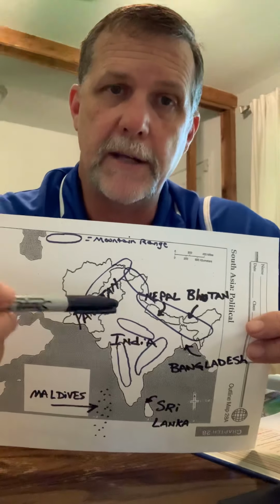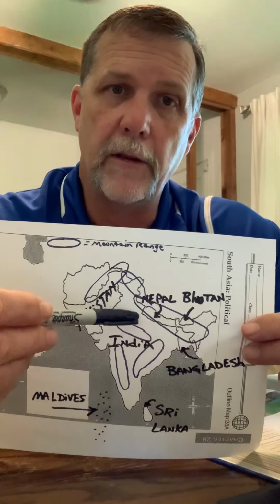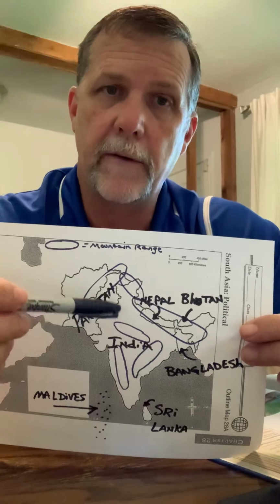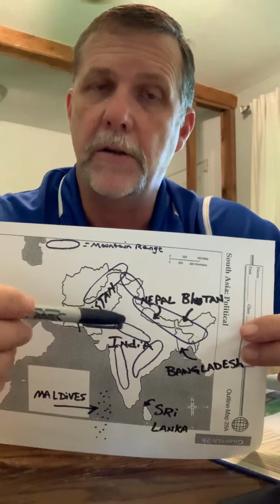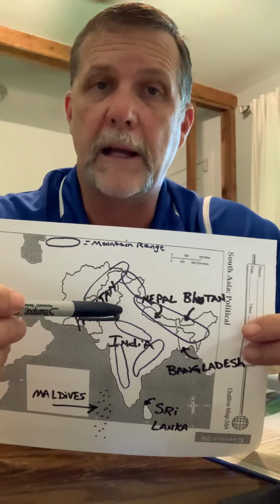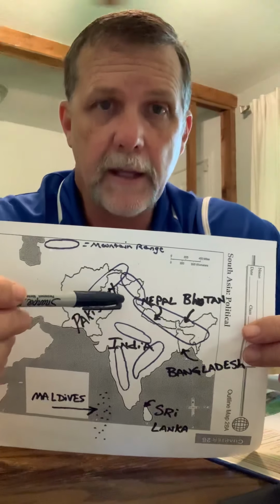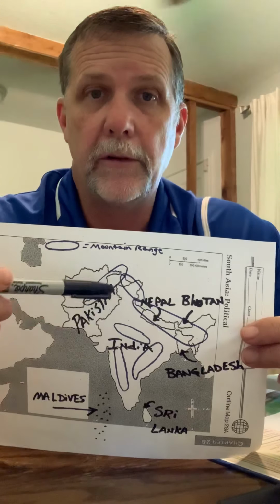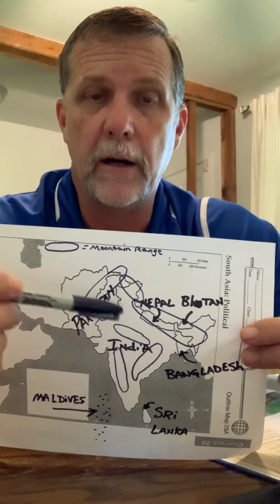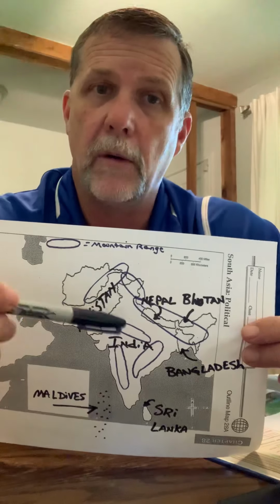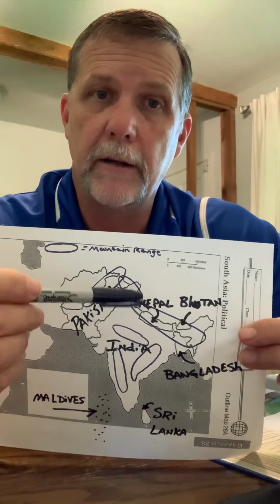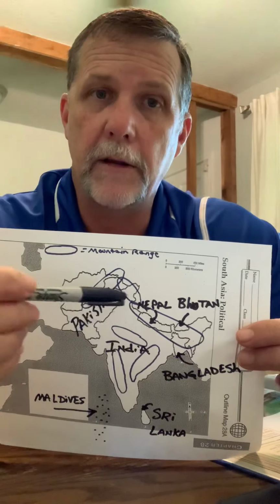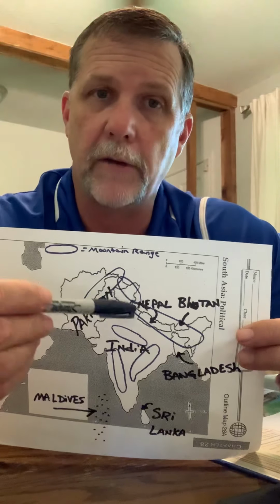They do actually have a desert here as well. So if you look over here in the northern part of India, near Pakistan, there's a desert called the Thar Desert. And as you can imagine, this is a pretty dry place. They only get about 10 inches of rain a year, if they get that much. And you got to remember, if you're going to be surrounded by mountains, there's typically going to be a desert somewhere on the backside of the mountains, right? Well, this one has mountains here, mountains here, mountains here. And so right through here, this is a very, very dry area. This is called the Thar Desert.